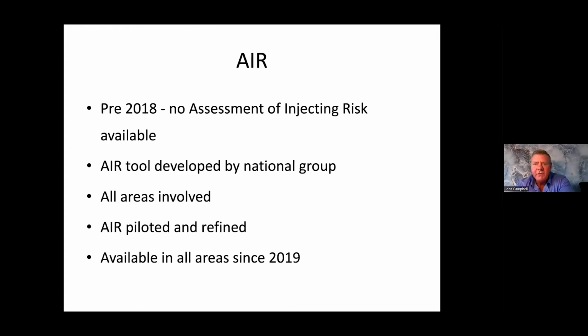The assessment of injecting risk was a tool that we started to develop back in the early part of 2018. It was developed through a national group called the National Neo Development Group, so all areas in Scotland were represented and contributed to this. As we were aware, there was no set assessment that we could draw on for people injecting drugs. The tool was developed, piloted, refined,